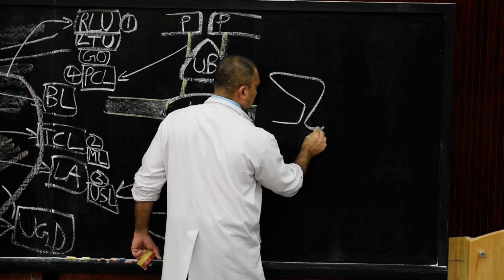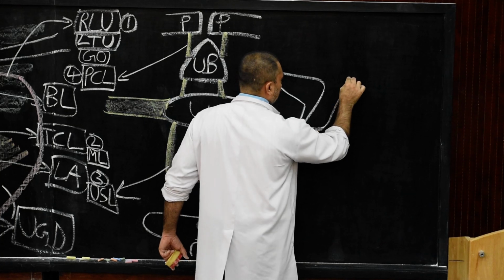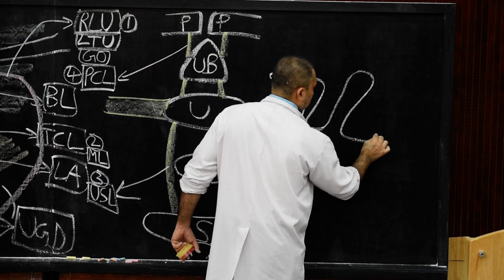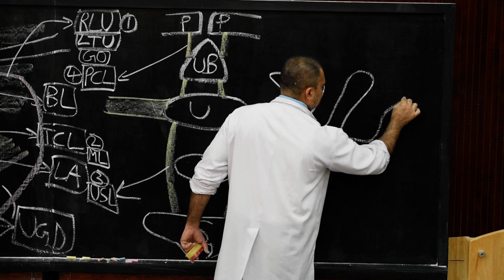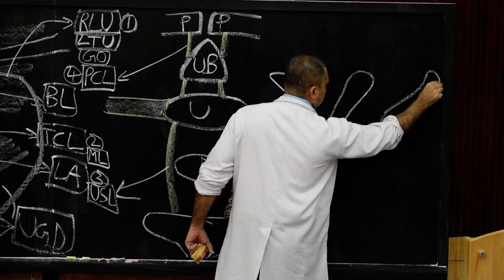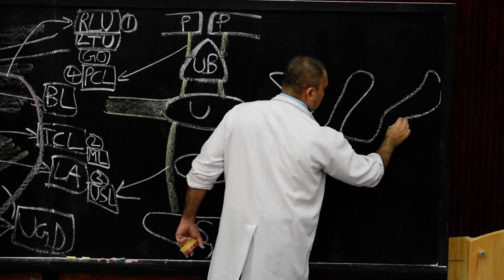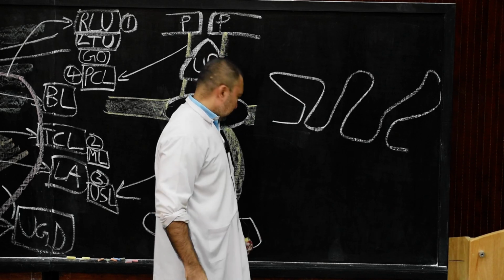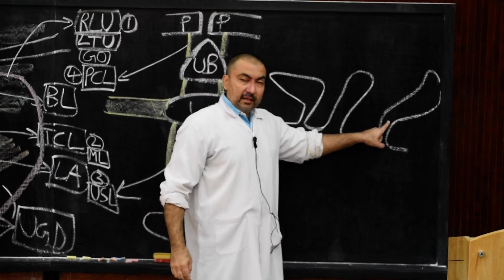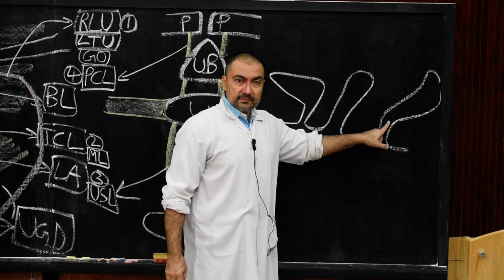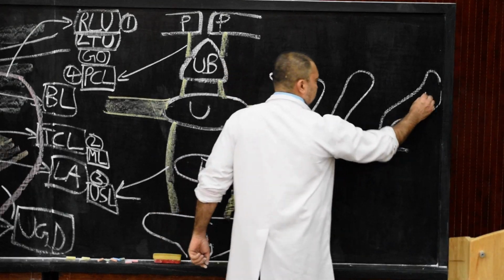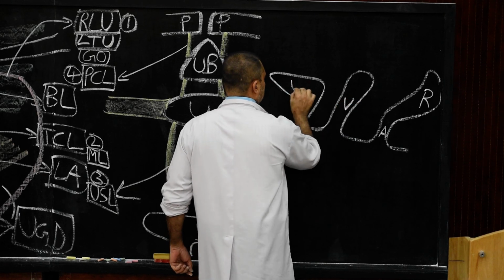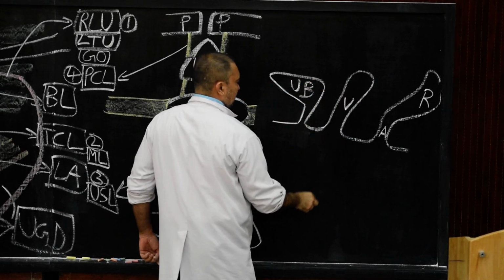Here we are going to show the vagina. Here please draw the vagina, and here we are going to show this projection as the rectum. So please draw this rectum, and this is how we draw, and this curvature is very important. This will be the anorectal flexure. This curvature, anorectal flexure. So therefore here is the rectum, this is the anal canal, this will be the vagina, this is the urinary bladder.